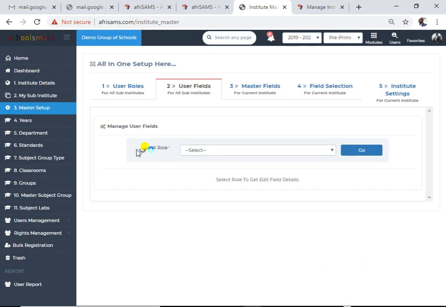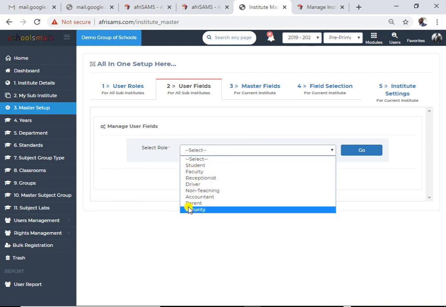You can see now that you need to select a role here. When you click, you can see the security role we created is showing here. This is what the master setup does. It provides you your options. So let's assume we want to set an additional field. There are default fields that are created for you to capture information about anyone within this category, but you can still have the option